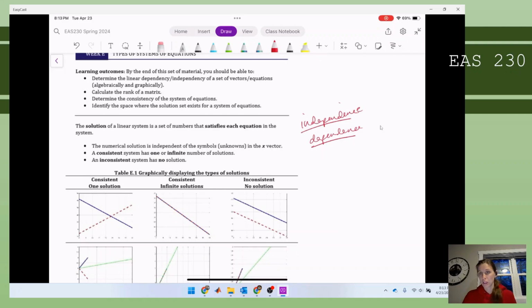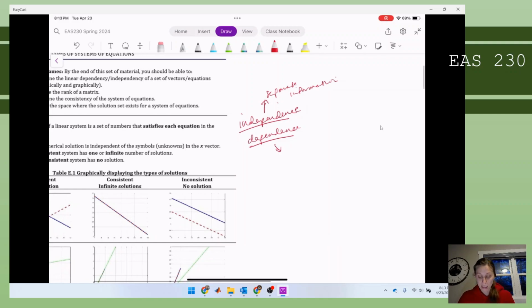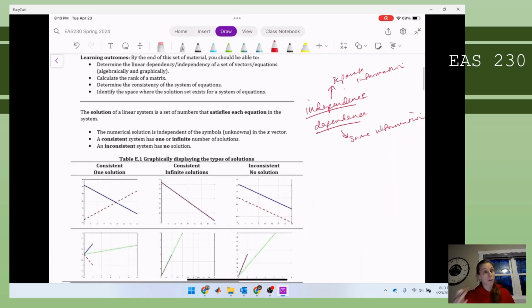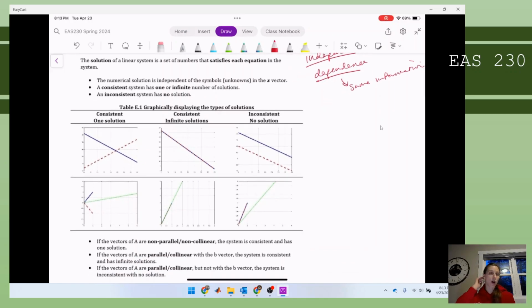So just to define those terms, linear independence means there are separate vectors, separate information. If they're dependent vectors, then that means they have the same information. Means they're not all independent, they're not all separate. Okay, so the reason why we care about that is because when we have a system of equations, we have